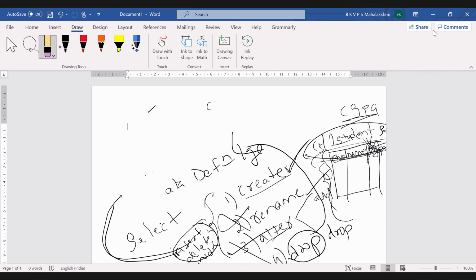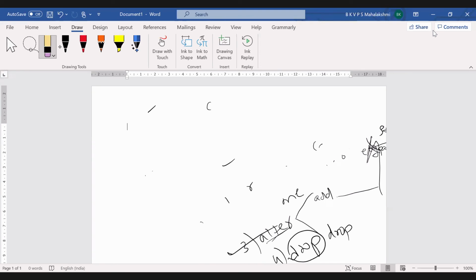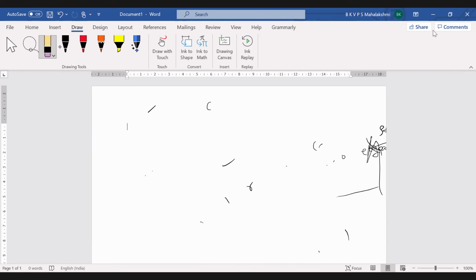erase all this. So what I discussed with you, DDL and DML. I'll write here the commands that you will get.